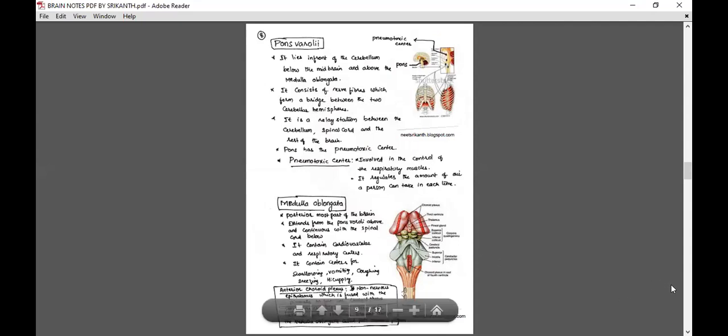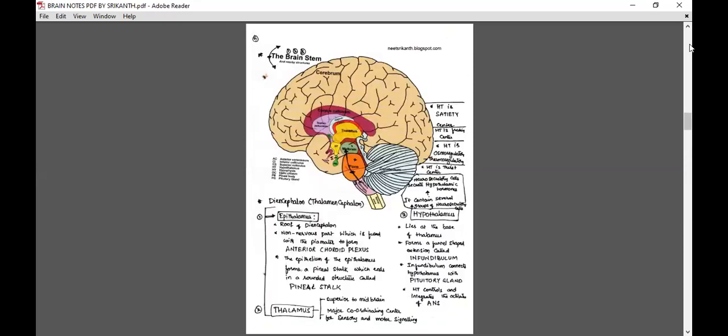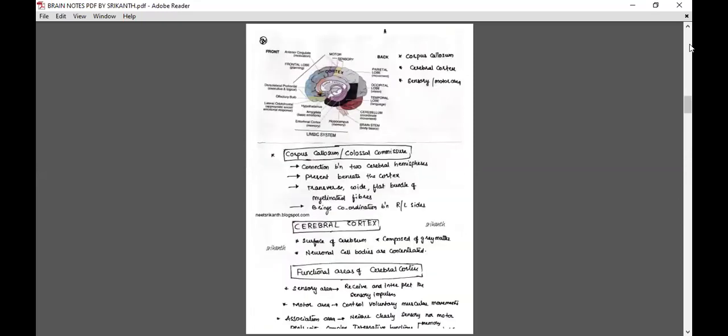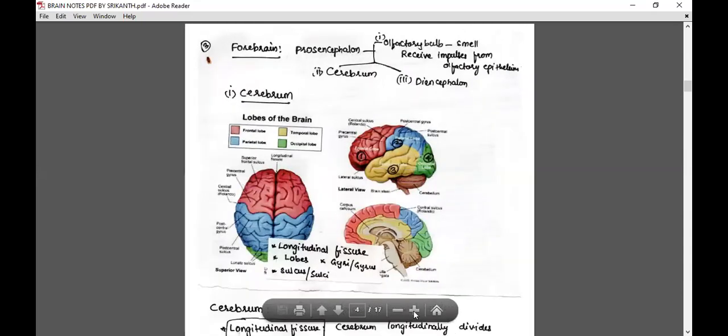Likewise, when you go further in medicine, we use this kind of word frequently, and we are using them frequently at present even. When we want to say something in the brain, the frequently used word is tract. You have to keep that in mind. So that's it about the basics of this area.